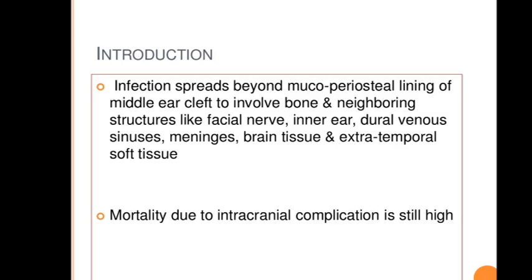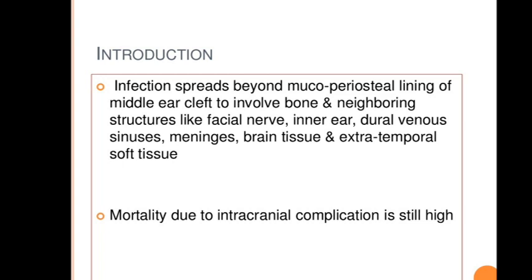So let's begin with complications of CSOM. Normally, complications will occur only because uncontrolled CSOM will spread to adjacent areas. That day I told you, the ear is surrounded by many vital organs: the brain surrounding it almost 70%, and the remaining is anteriorly the TM joint, and below are the important vessels which are going to the neck. Very important, the vessels, the cranial nerves. So infection anywhere is dangerous.